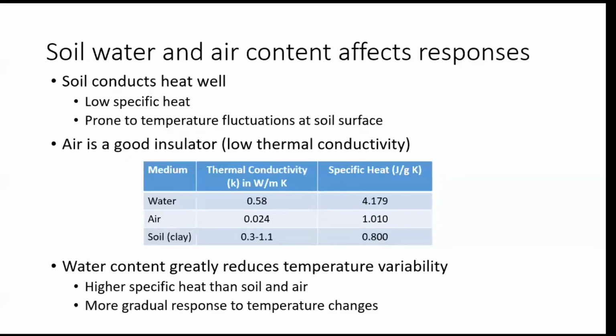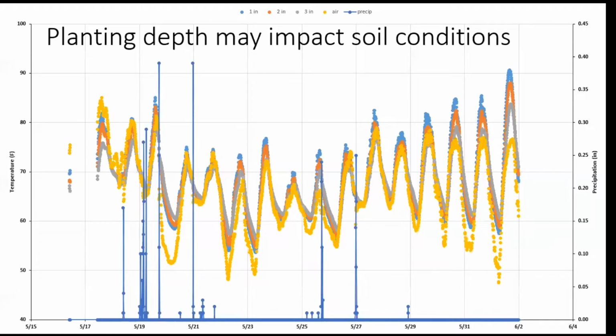To demonstrate this, this is some data we collected from 2017. It's kind of busy, but I felt it was important to showcase this. This comes from our work looking at planting depth implications on emergence of corn. In this trial, we planted the corn on May 16th, and that's where our first data shows up. The sensors didn't really work for the first day, but we got them up and working on day 2.